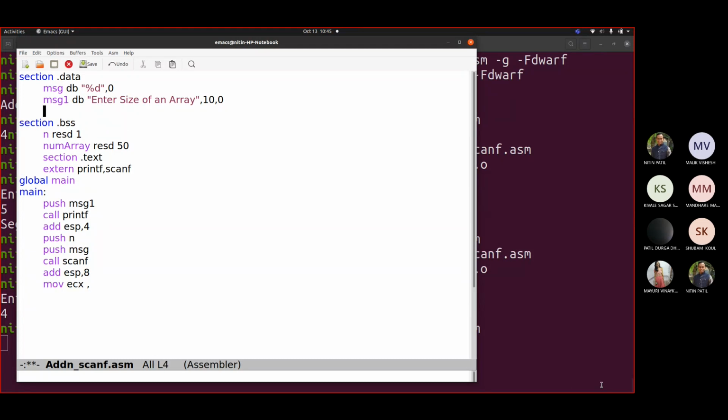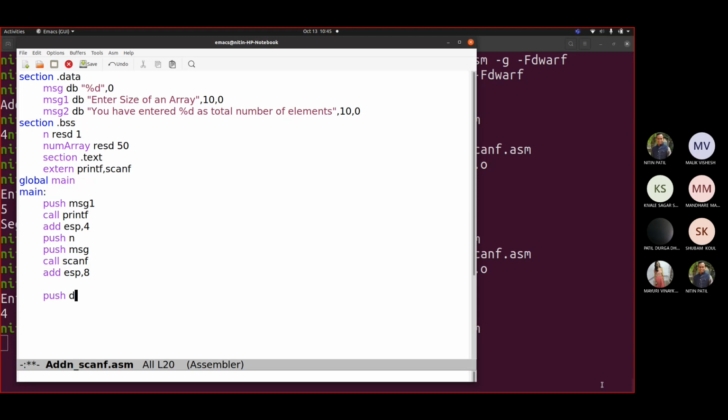So let me write here msg2: You have entered %d as total number of elements, 10, 0. So if I say now where is that data? So it is with n.